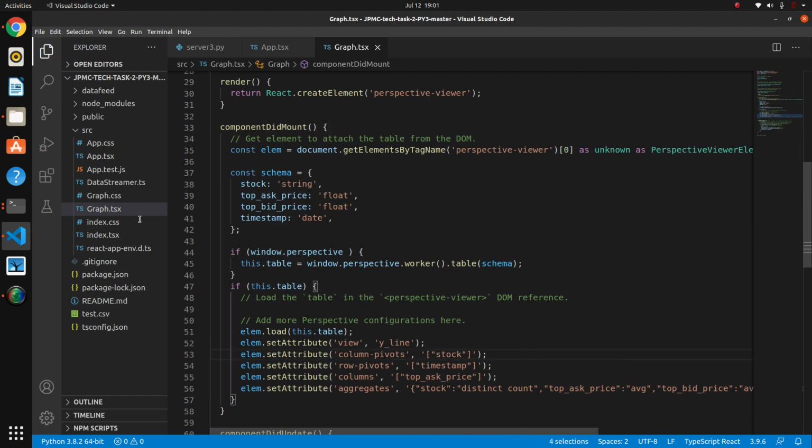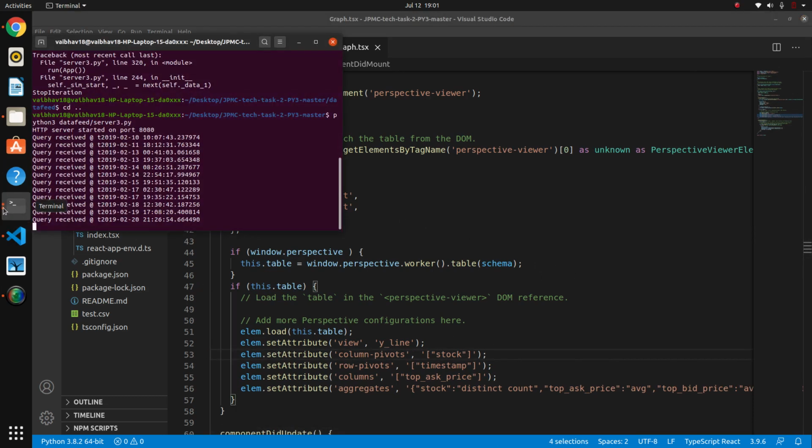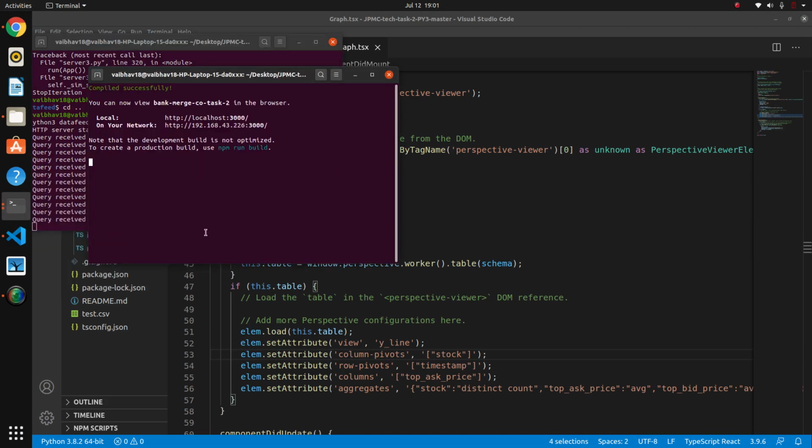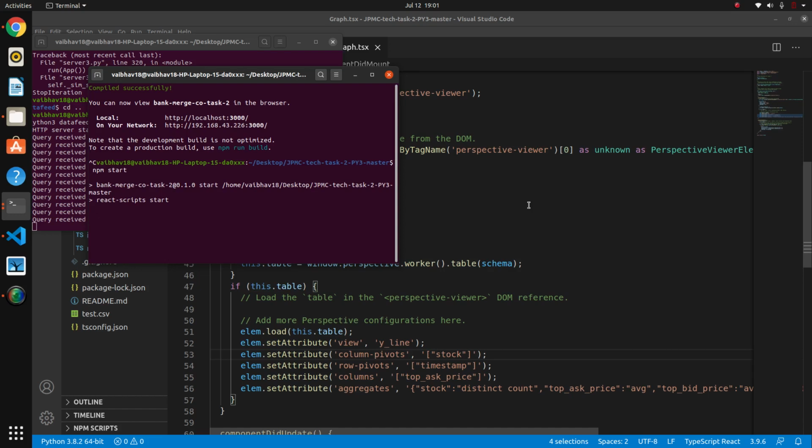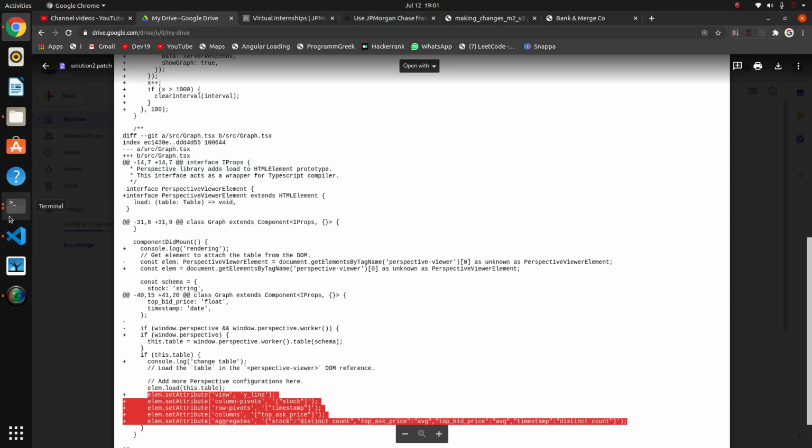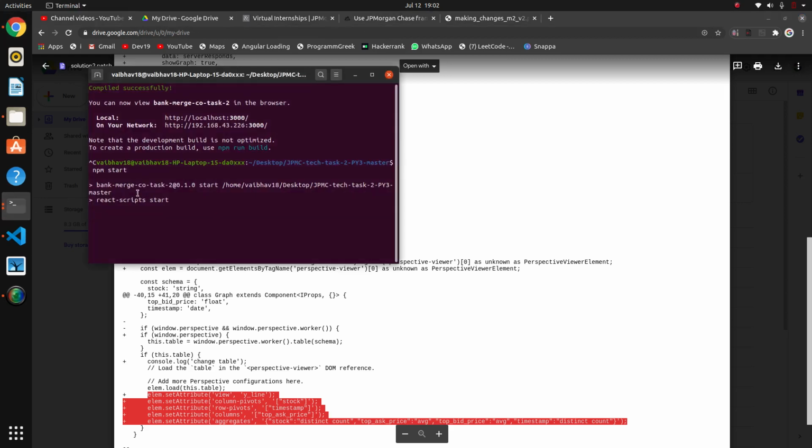Go to the terminal where we had run npm start. We will run npm start again, and we will check whether the graph is working or not. It should work fine. I mean, we made the changes by looking at them. So I will delete this thing. It will load another. Yeah, it should load. It is taking time.